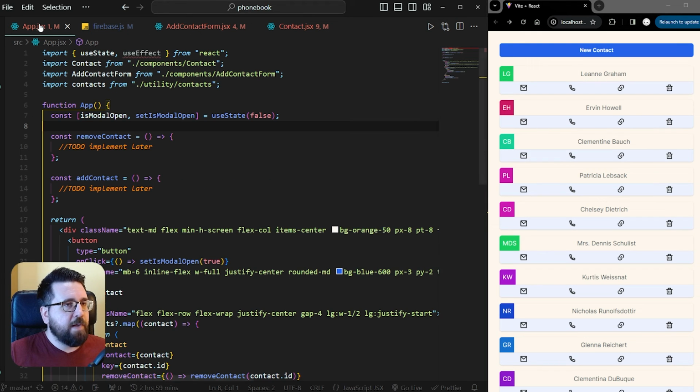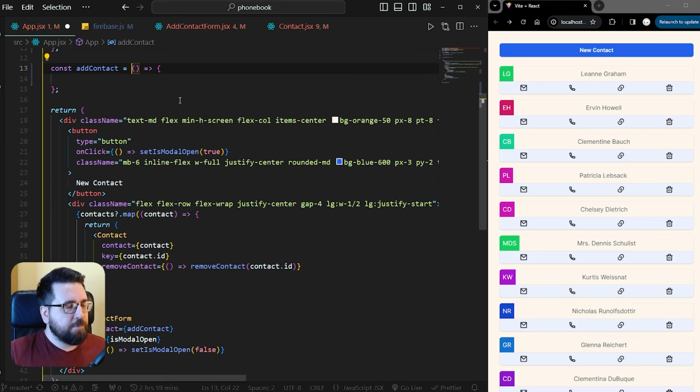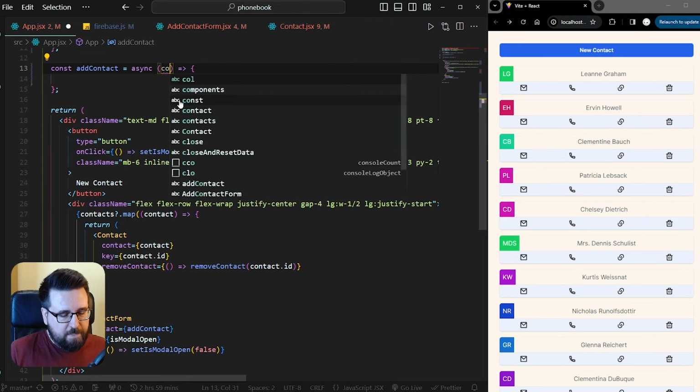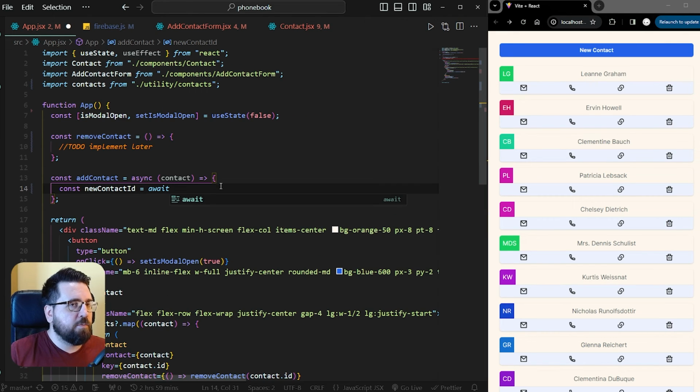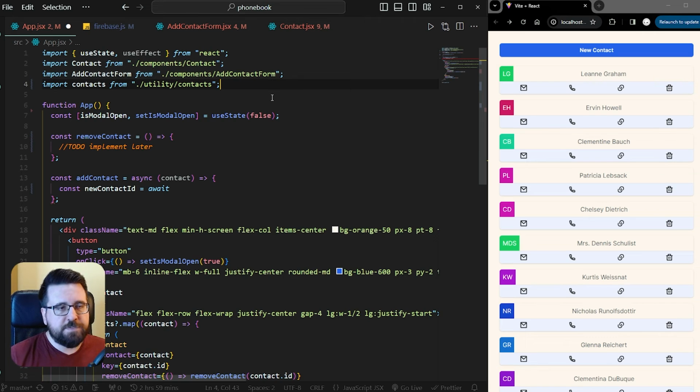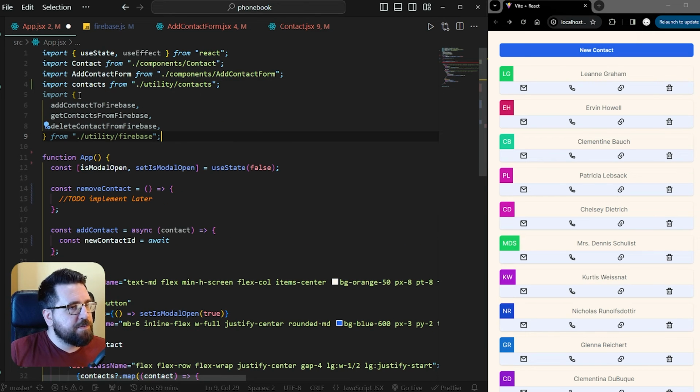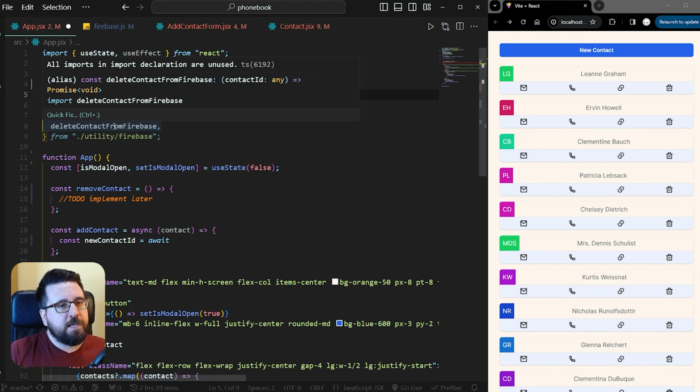Now we're going to go back to App.jsx, and we are going to implement removing contacts, adding contacts, and also fetching contacts from Firebase. So for addContact, we are going to add async here, and we're going to add contact as a parameter. We're going to say const newContactID equals await, and we need to import all of our functions from Firebase. So we're just going to say import addContactToFirebase, getContactFromFirebase, and deleteContactFromFirebase